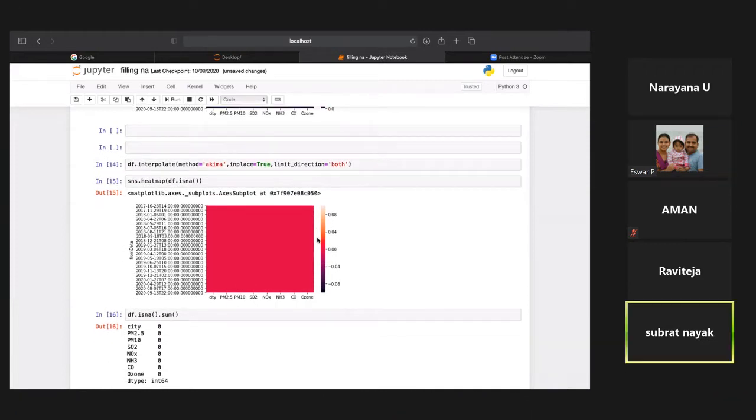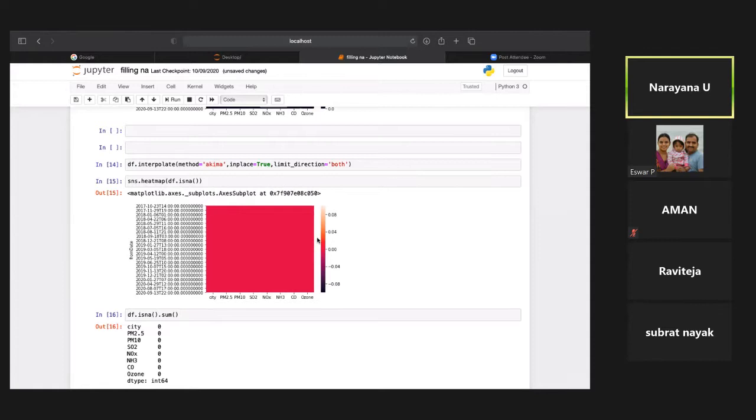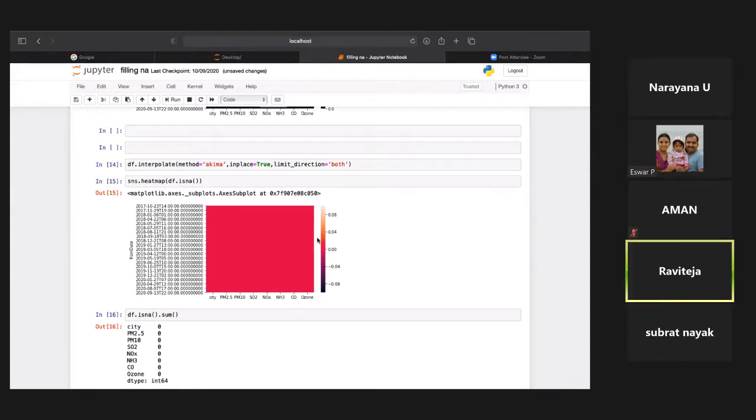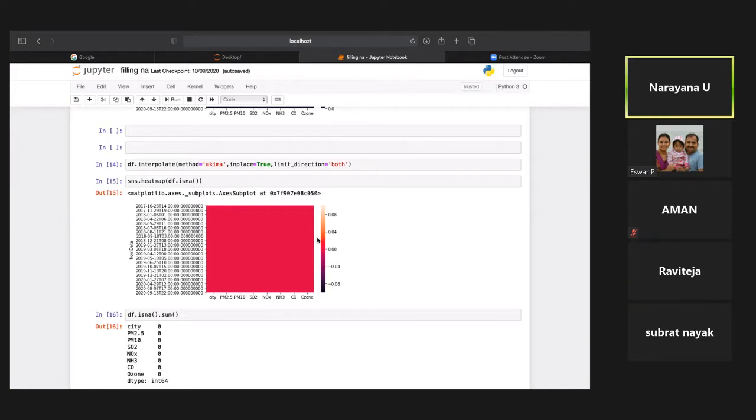Yes, sir, I have one query: will we get the internship certificate or not? You'll get it if you complete it, but you can ask. You can ask. Subrat, can you scroll down? Yeah, the 10th point, you can add the points there. You can ask. That should be fine, right? They are not assigning any task to us.